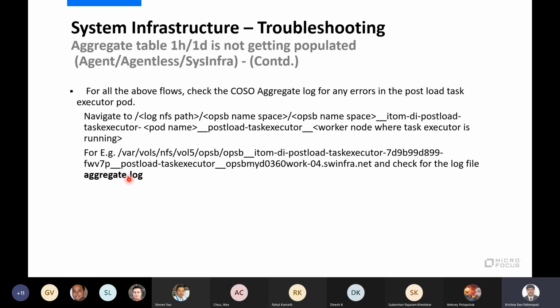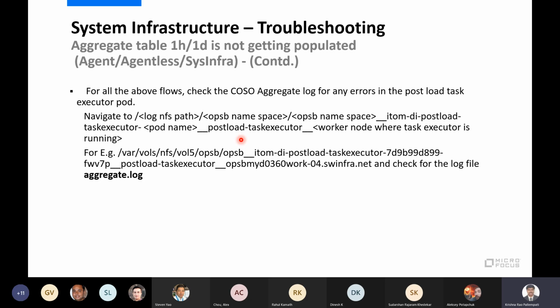And this aggregate log is the responsibility of the COSO post load task executor. The task executor is the COSO component that will execute this Perl script or these default aggregations.